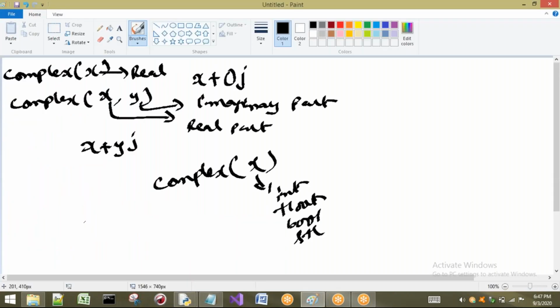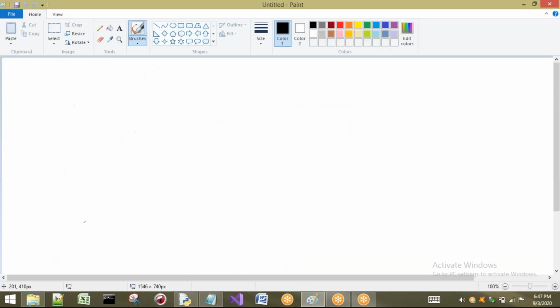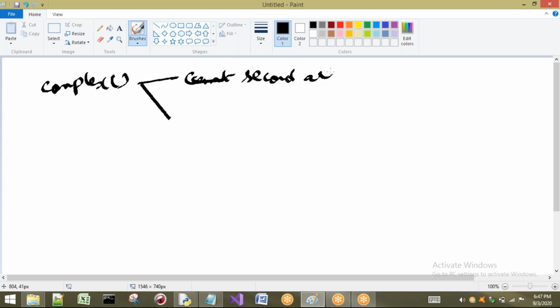So I will write these things once again. See here, you have to understand. First thing: I'm talking about this complex. Complex second argument can't be a string.